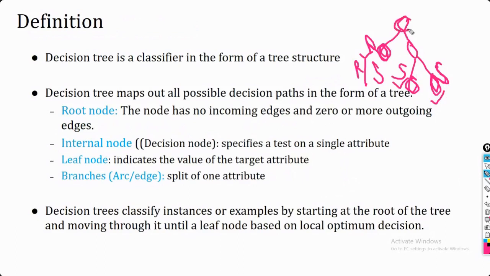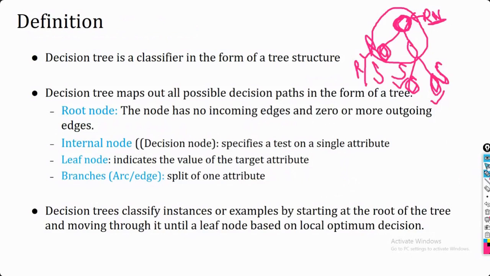Next, we are moving towards the internal nodes and the root node. The root node is the node from where you are going to start your processing. So this is your root node. That point you already know, so I'm not going to cover it in much detail. This is your root node, and including the root node, all these nodes are attributes, with which you are going to describe your customer.